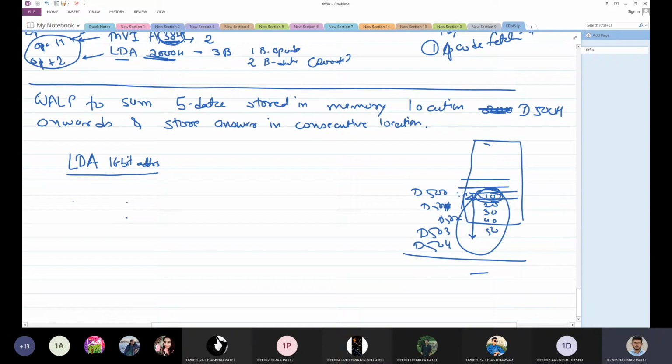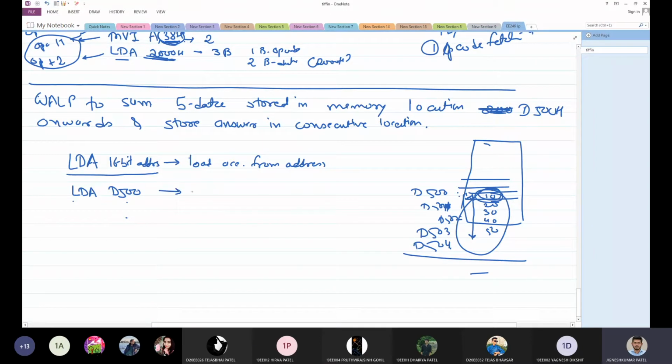For an example, if I'm writing LDA D500, what will this instruction do? This instruction will load accumulator from address.